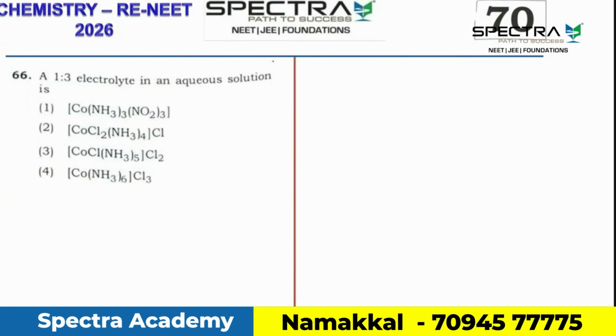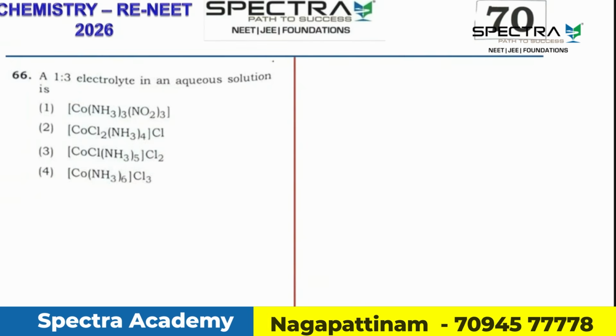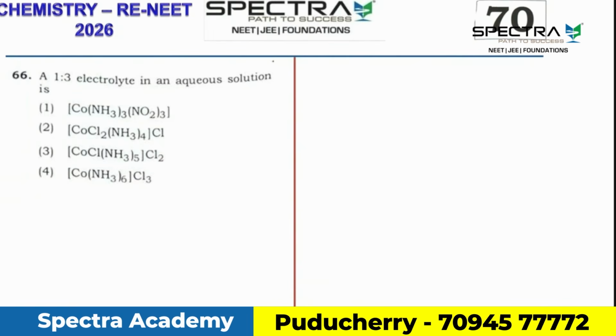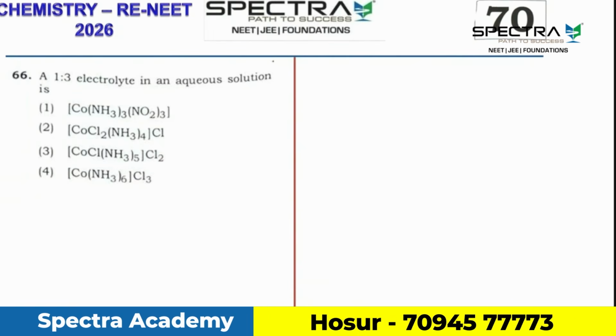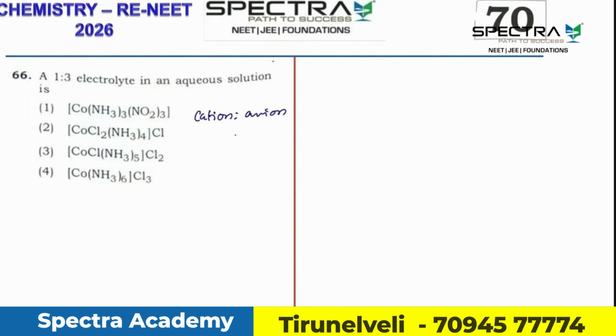Hello everyone. So we are going to discuss question number 66. The question is: a 1:3 electrolyte in an aqueous solution is. They have given you 4 electrolytes in complex form, and when they are added to water, which all will give the ratio of cation and anion as 1:3. So that is the question. Let's see each and every option. The first one is